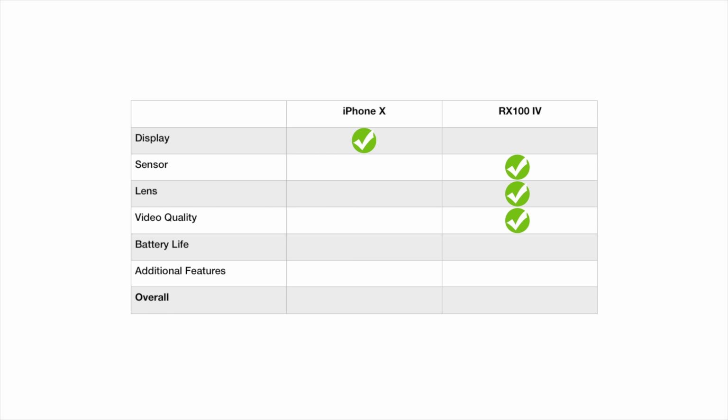The images may differ slightly in color reproduction, but I must pick a winner, and I believe the RX100 just nicks it, with a sharper image, better low light and shallower depth of field, but only just. In the next round, we take a look at the battery lives of both the iPhone X and the RX100